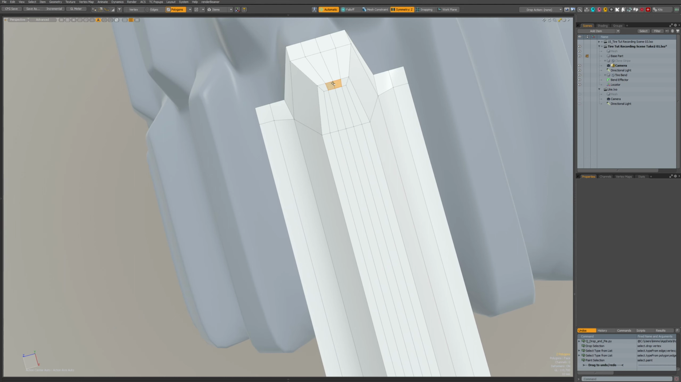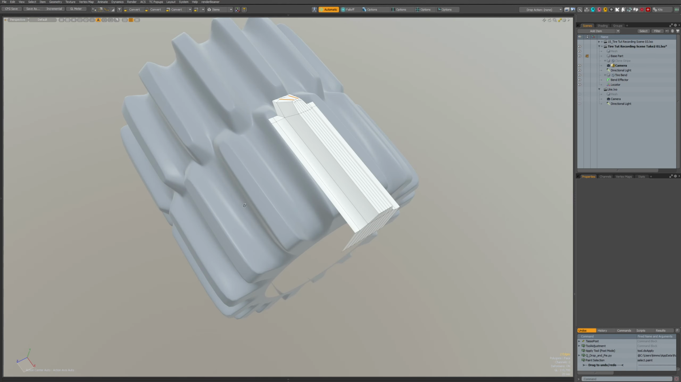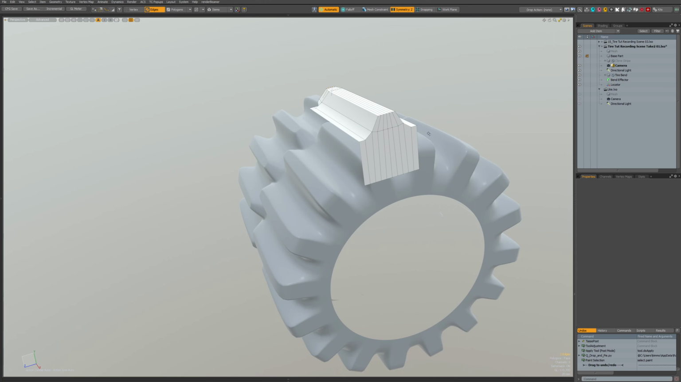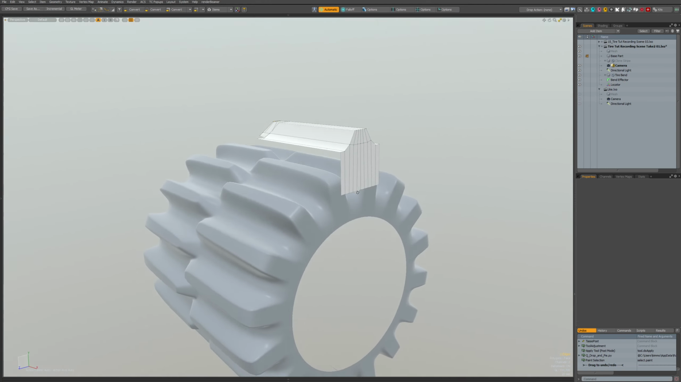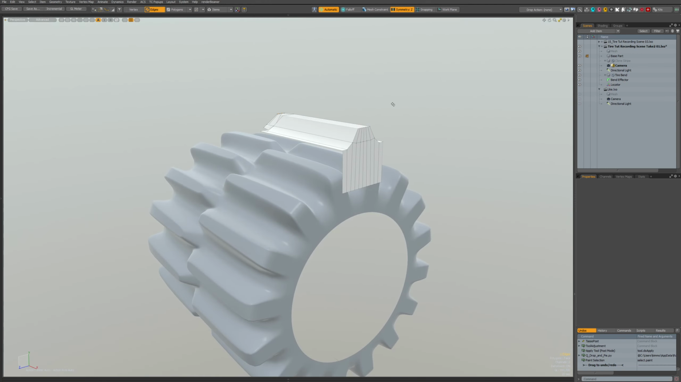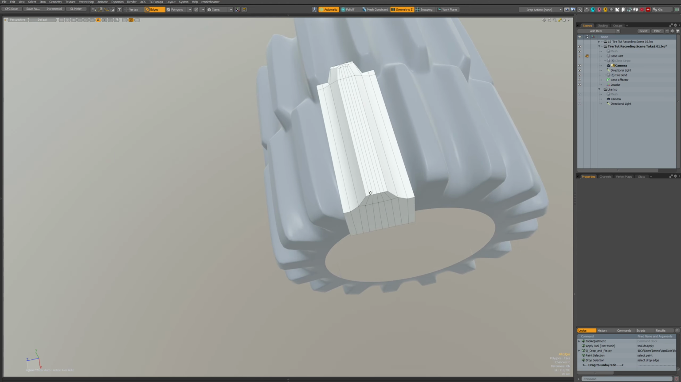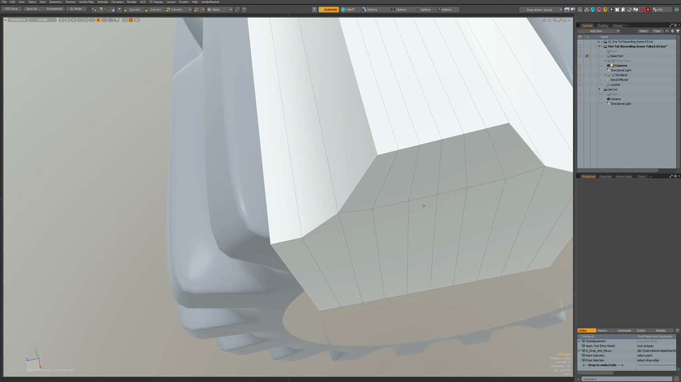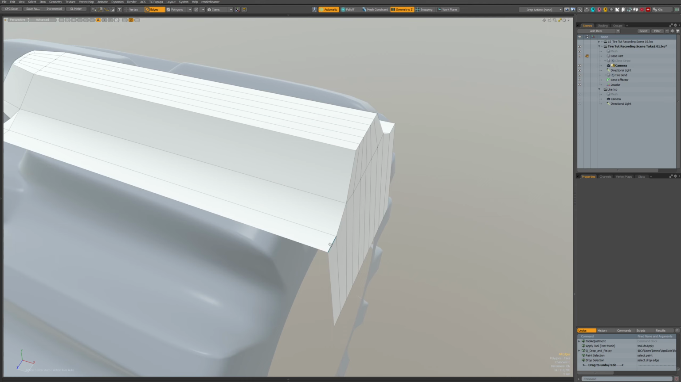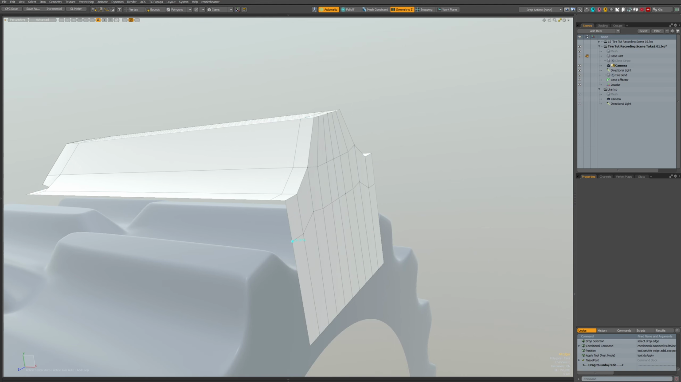Maybe I make this a bit rounder. Also here, how it looks there. Still looking good. Okay. Let's add one loop here and another here, and this we're going to,